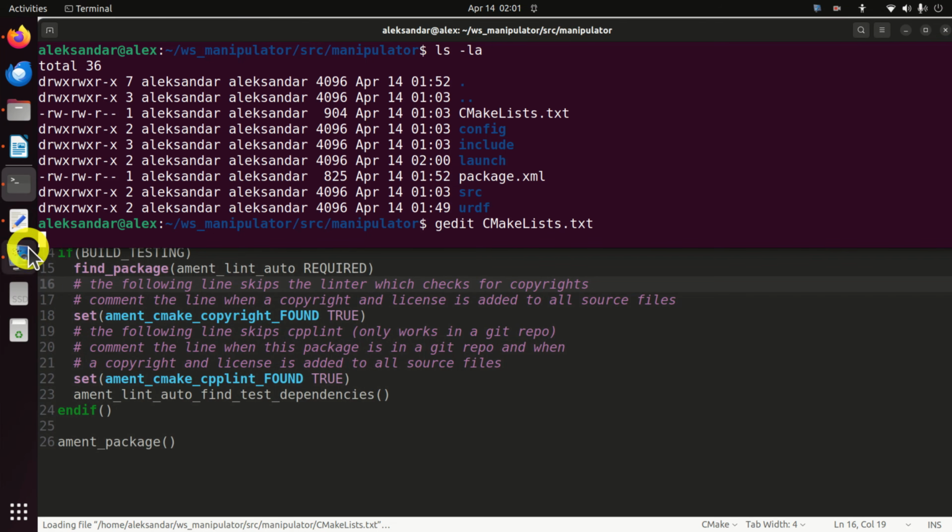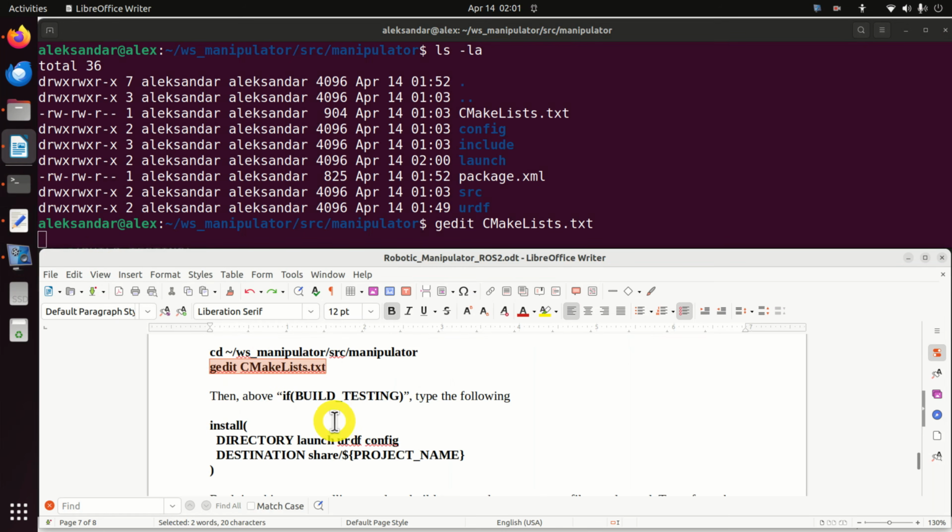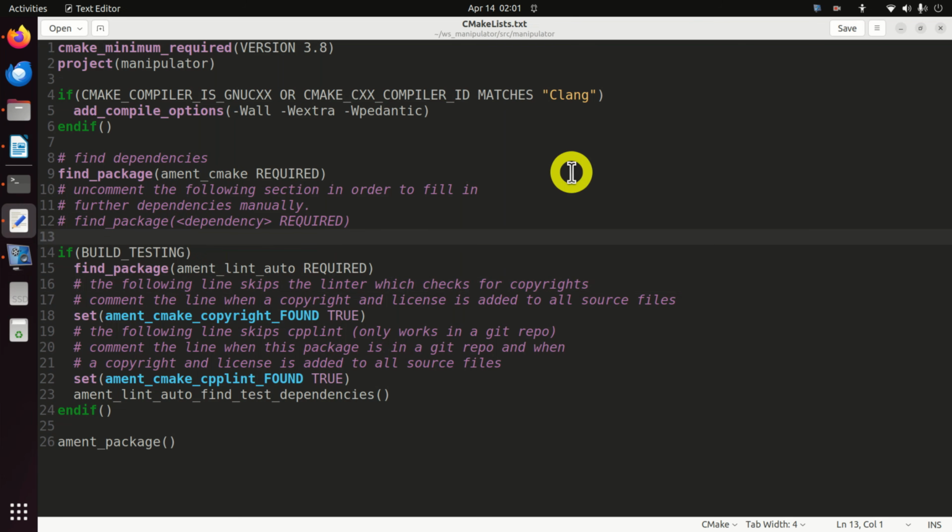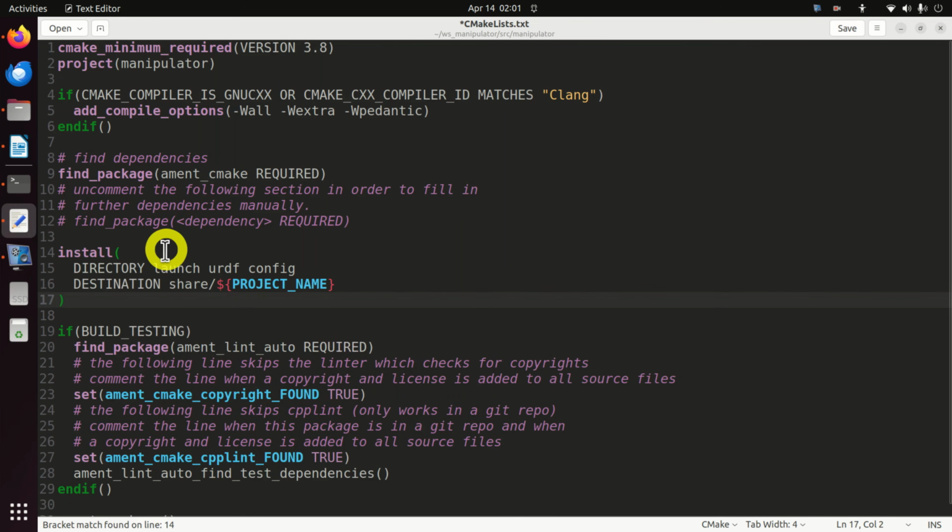Now, how do we edit this file? Well, there is a build testing if statement, and just above this statement, that is over here, we need to add this. Over here we are saying that